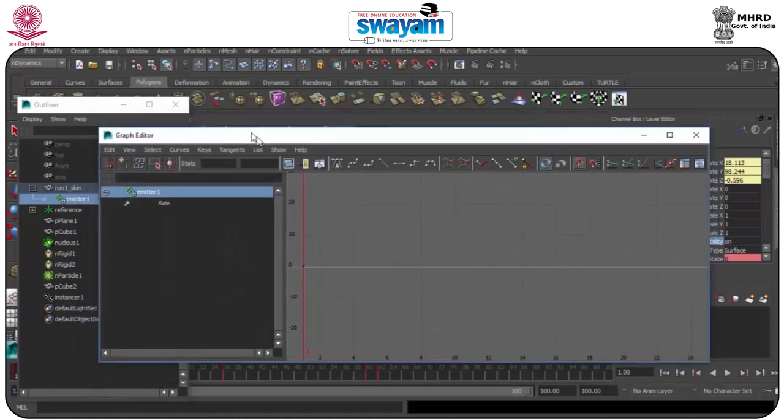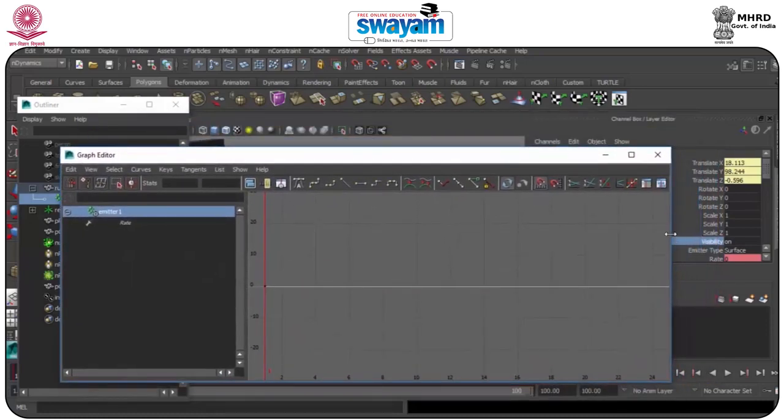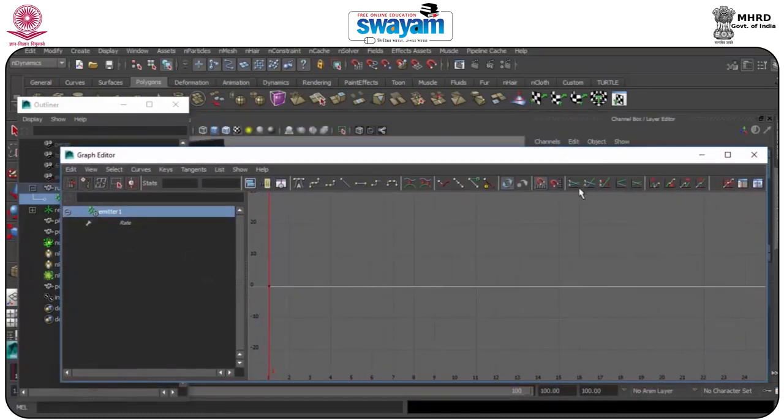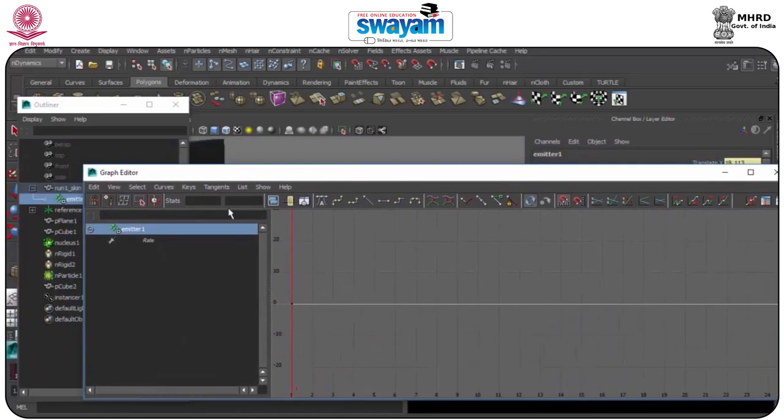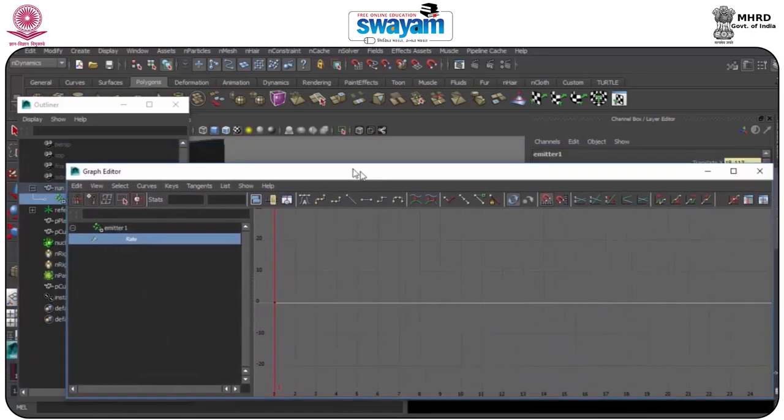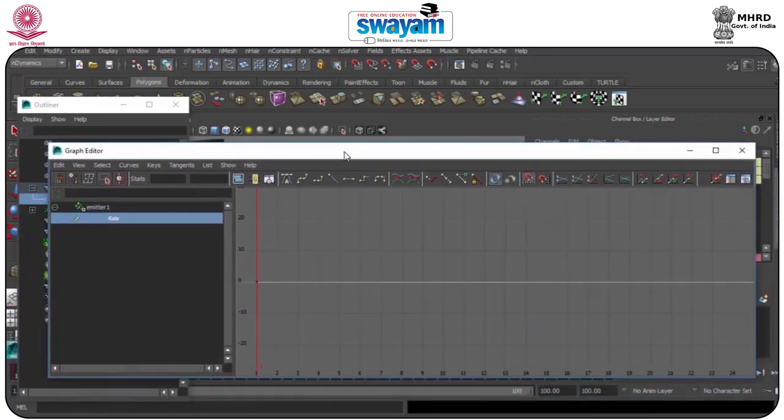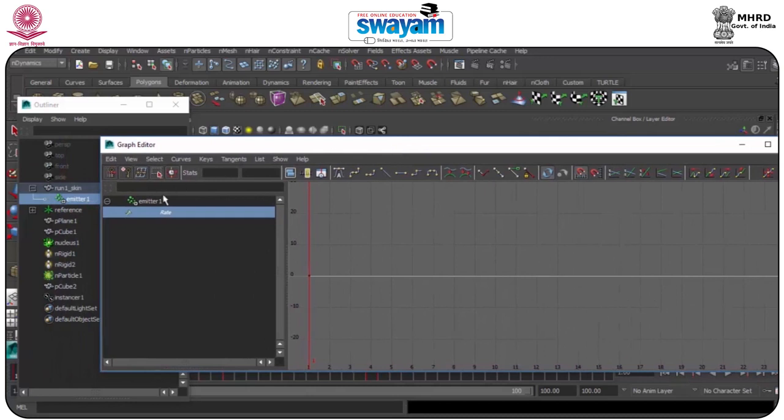It looks very complicated, but it's not as complicated as it looks. We have many more panels we will discuss in animation, but not in this topic. We will use only some tweaks. Okay, so now what we are getting here is the emitter,